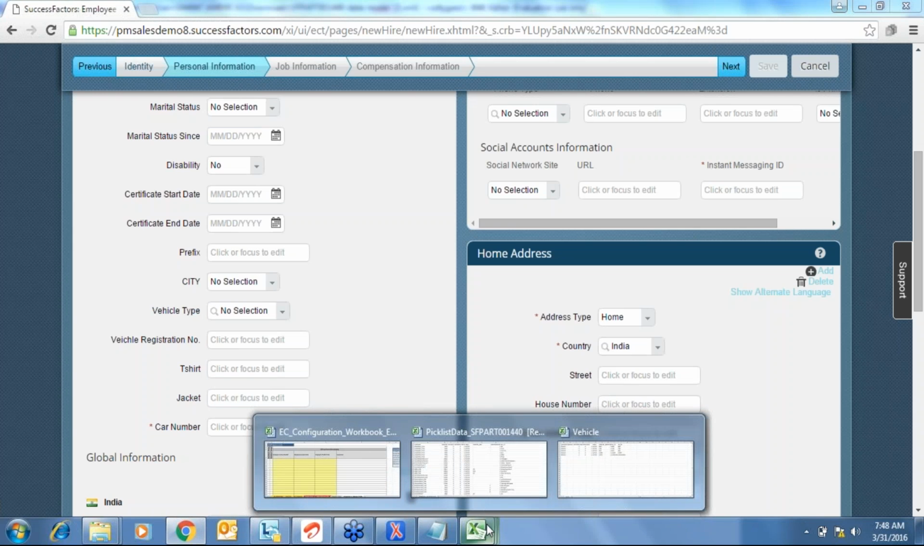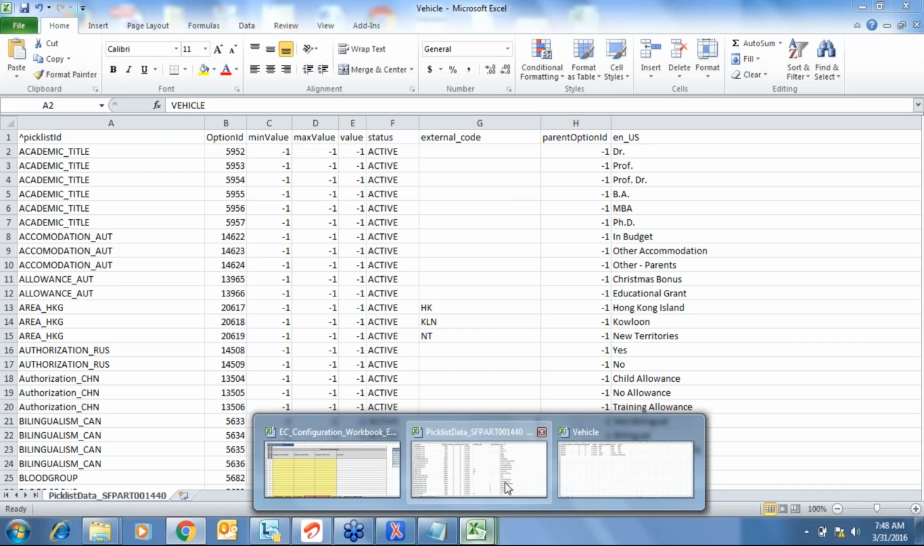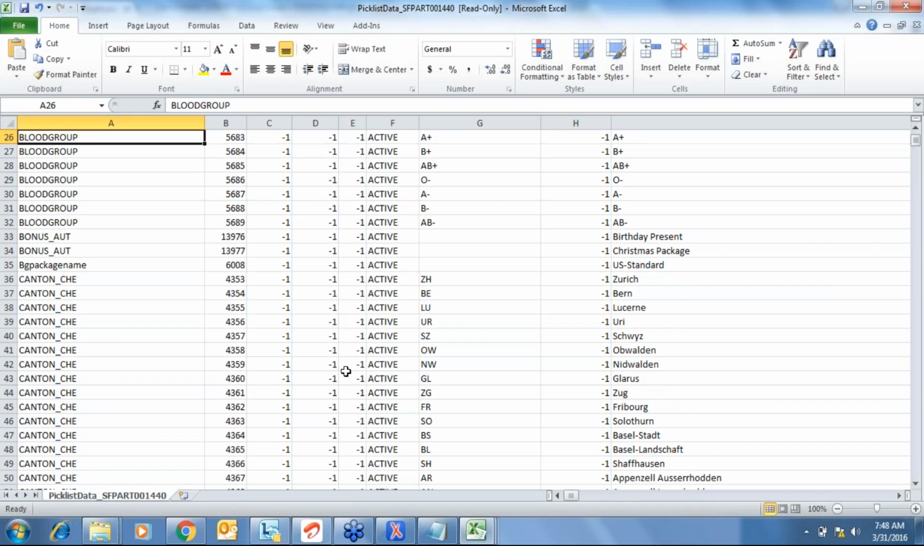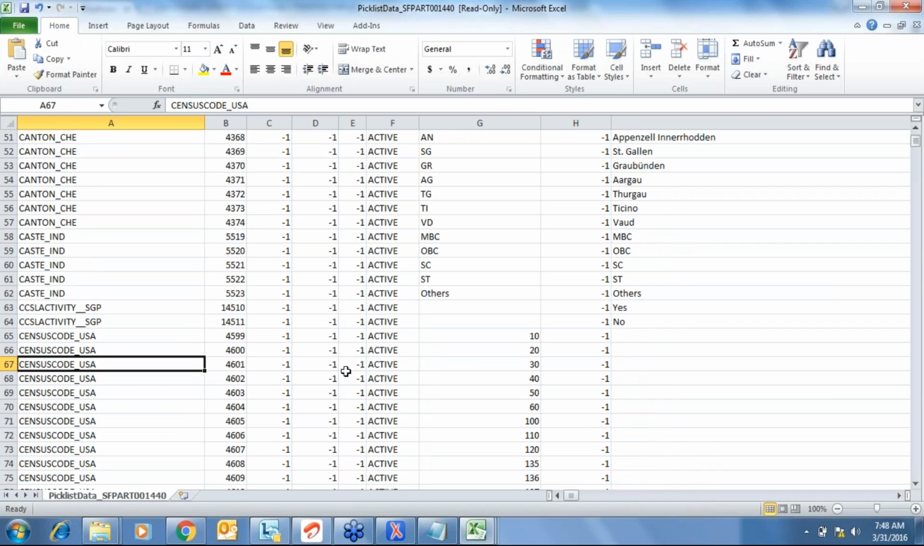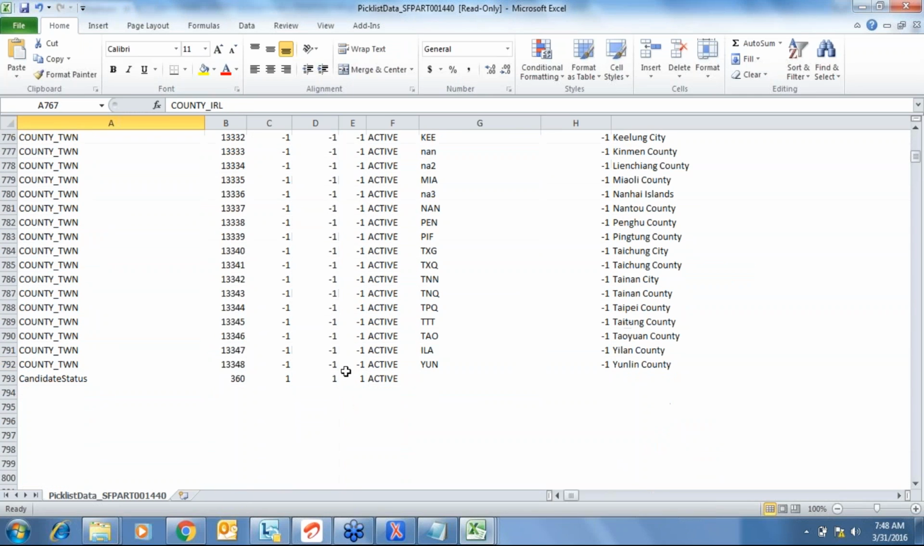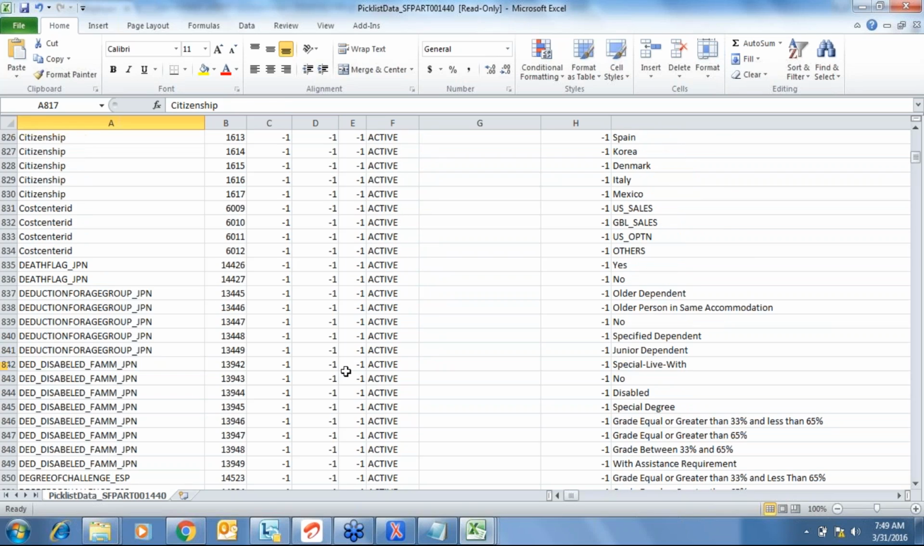So standard pick lists are the things, say for example, country, title, blood group, census code underscore ESC, whatever it is. If you see here, the various things, right? Existing pick lists are already there, you can use it. And